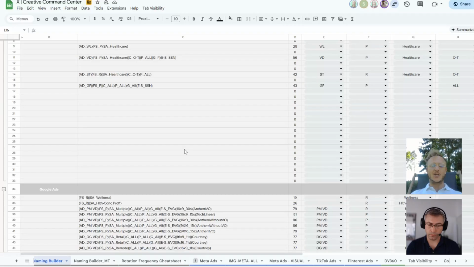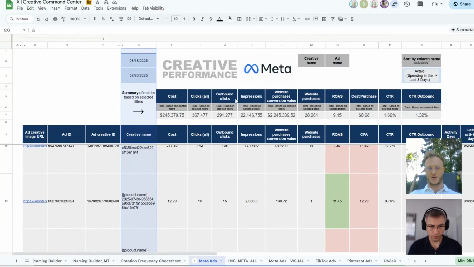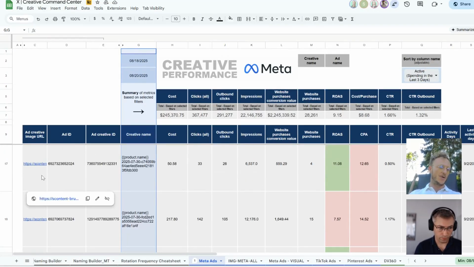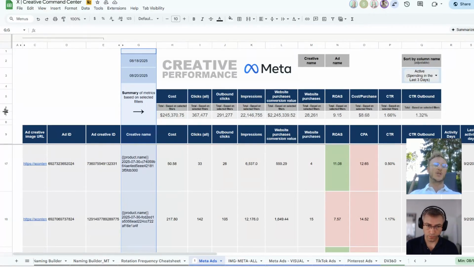And maybe let me jump a little bit further right now, because what we are using this for is that we created the creative performance dashboard for all the channels that we are serving ads on. I have hidden a couple of columns here. At the beginning, in column A, we have the image embedded that shows you exactly how the creative looks and which creatives we are talking about. That gives the visual to the client and the creative strategist, so you know exactly what we are talking about. And then here we have all the metrics that we are looking for in terms